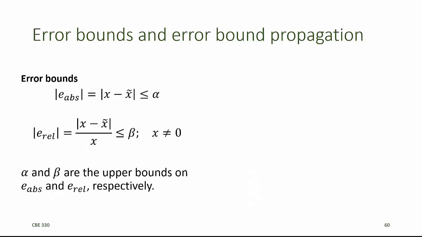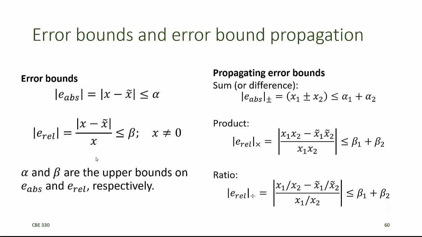When we know that the absolute error has a magnitude less than or equal to some value, or when the relative error is less than or equal to some value, then we can call those values, alpha or beta here, the upper bounds on the absolute and relative errors respectively. To propagate these upper bounds, or these error bounds, for sums or differences of two values, the upper bound on the absolute error of the sum is always less than or equal to the sum of the upper bounds on